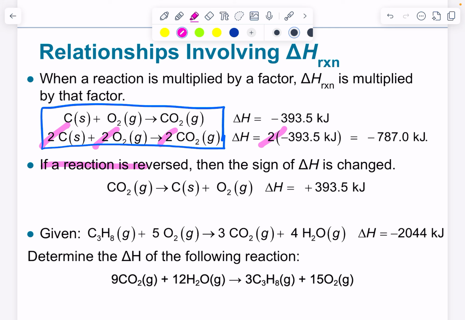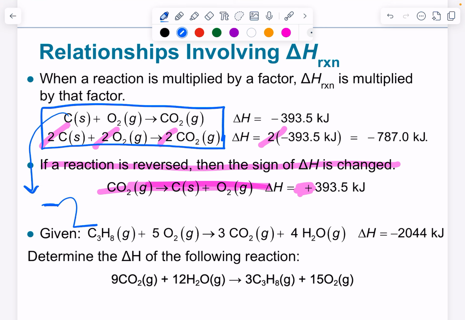Another interesting property is if we reverse the reaction, then the number stays the same. The sign just changes. So this actually shouldn't be that surprising. If you scroll back and look at our examples from Monday about energy change, this reaction was shown as a specific example. And it was just like, here's this reaction, which is negative, would look like this. So the reverse reaction would just look like this. It would be the exact opposite. So in the reverse reaction, you have positive 393.5. In this reaction, you had negative